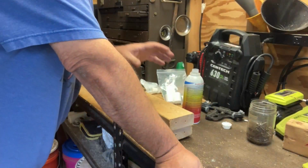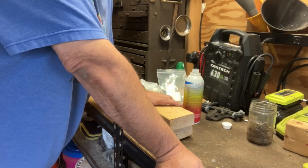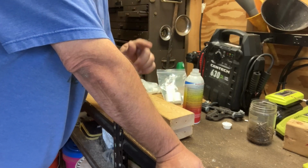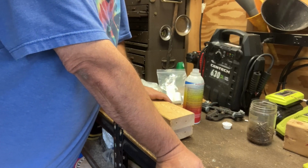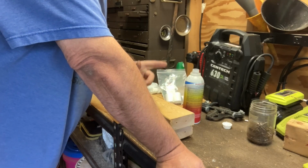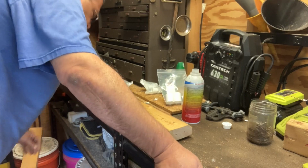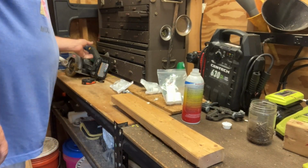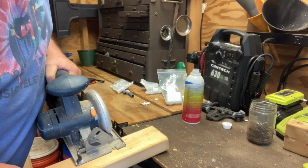All right, so I have 21 blocks, so I need 5 per side on those, so that's 20 for my two 20-foot beds. But I'm going to need another 3 of them to do my 10-foot bed. I have 21, so I'm going to need 2 more. So we'll just go ahead and cut these up, and I'll use the opportunity to show you how to do this. Pretty simple. It doesn't have to be an exact size, but about